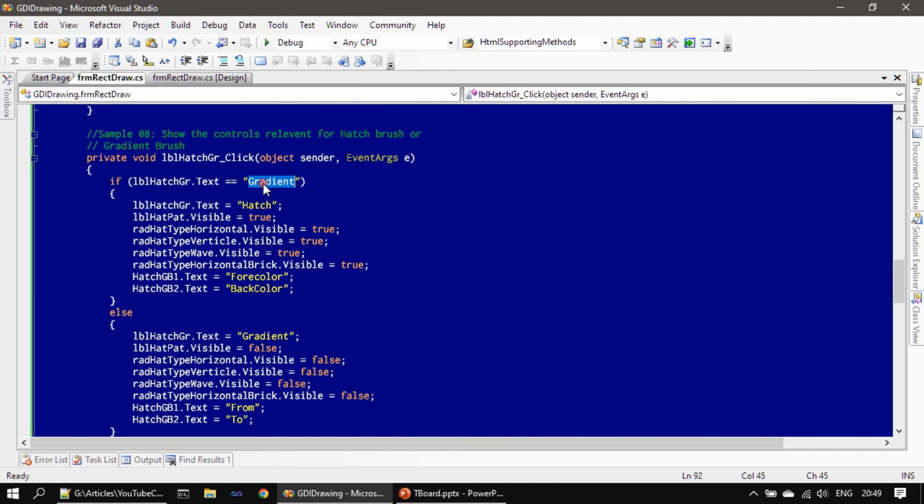label here. So when it is gradient, we flip the label to hatch, then we call the group header fore color and back color, otherwise from and to color. Because this is gradient brush, this title holds good as from and to color. For hatch brush, instead of from and to, we have to call it fore color and back color. Alright,